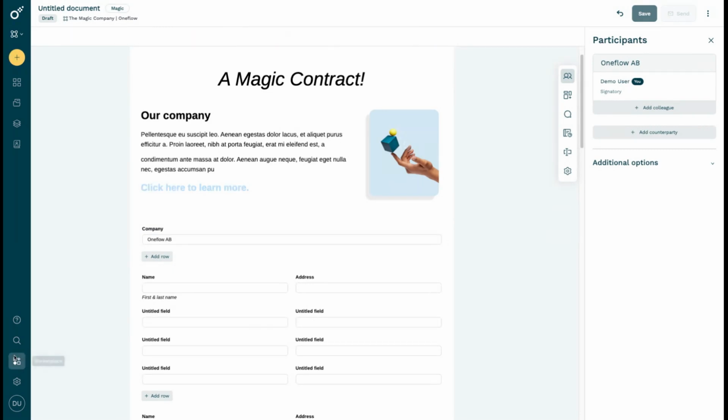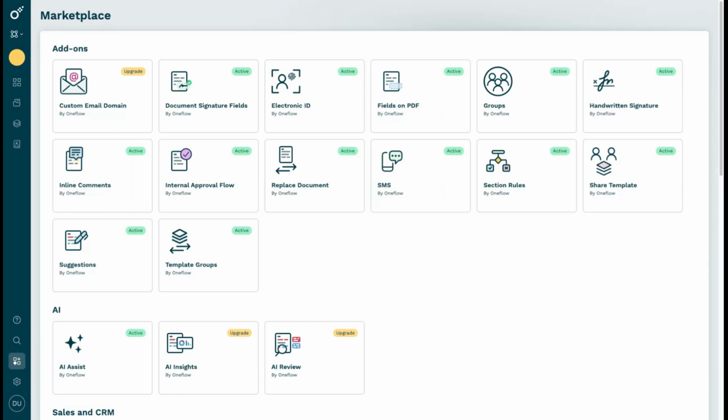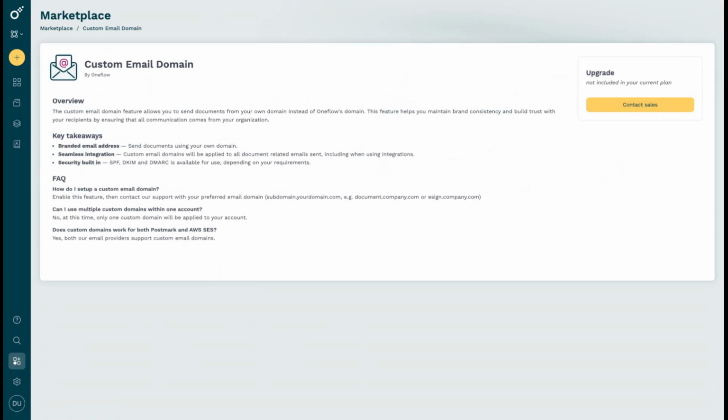And next up, we're going to jump into subdomain, a custom subdomain. So that is one of our new features that we also have for our enterprise customers or as an upgrade option. And what this basically is, is another highly requested feature. I know I've been saying it a lot, but this webinar has a lot of these in it, luckily. And what this means is that you will be able to send the documents directly from your company's own domain